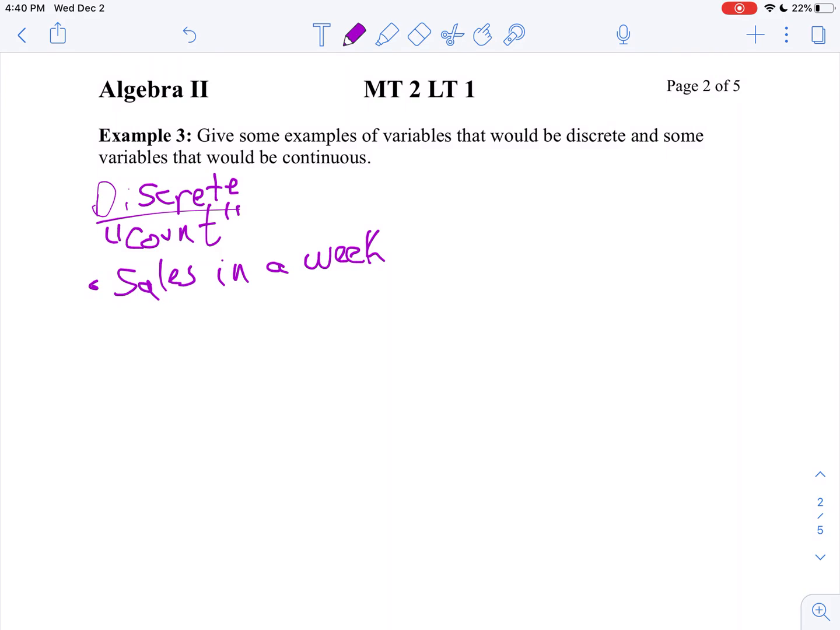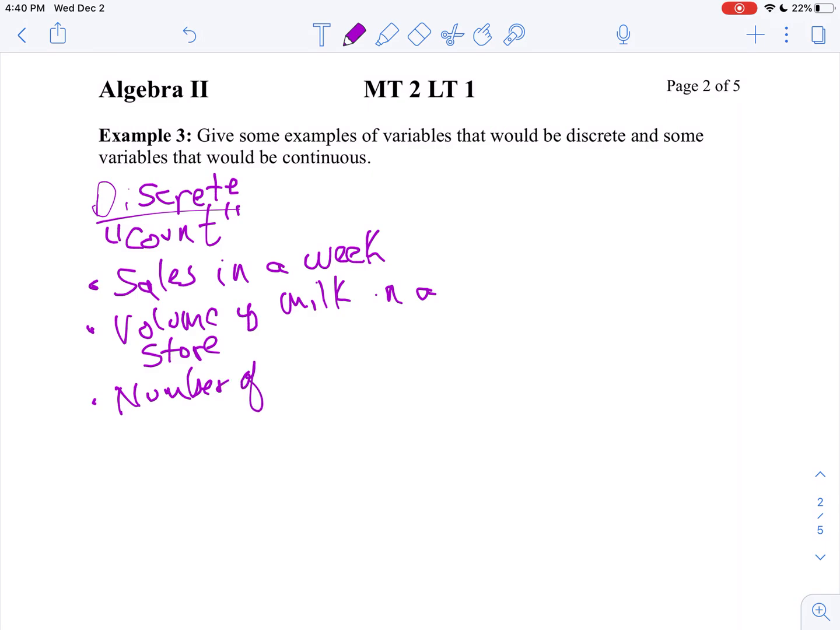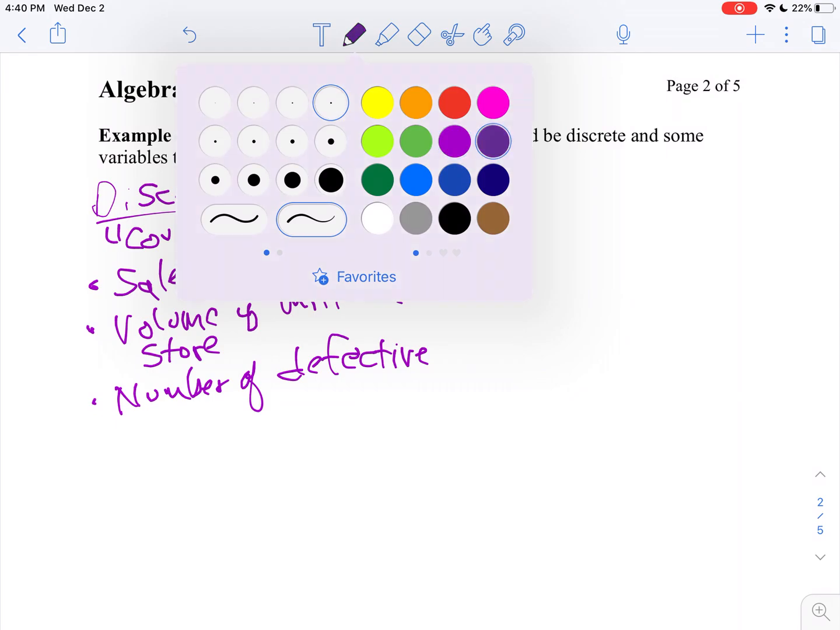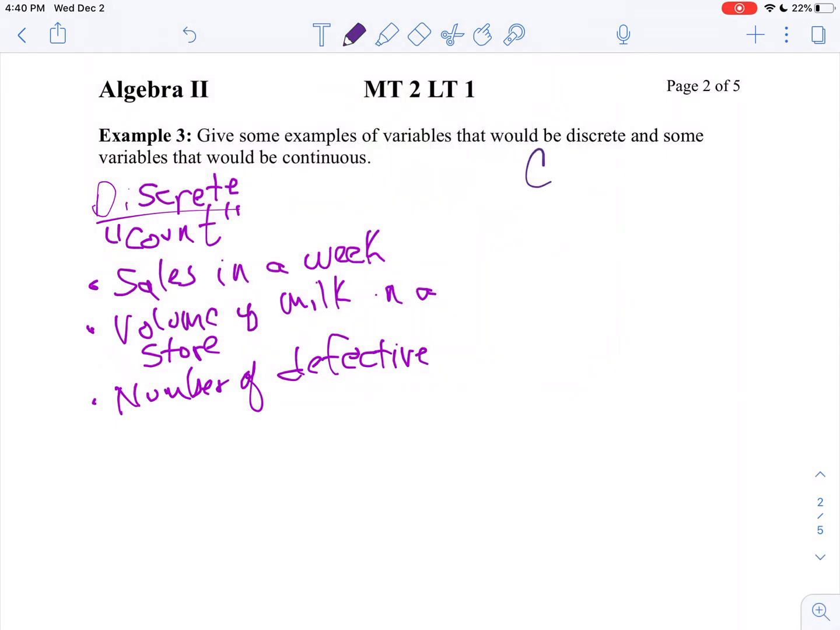The volume of milk you buy in a store. Because when you buy it in a store, it's going to come in cartons, so you would count the number of cartons. The number of defective parts. Those are things you count, so that would be a discrete variable because the part is either defective or it's not. Now when we do continuous variables,